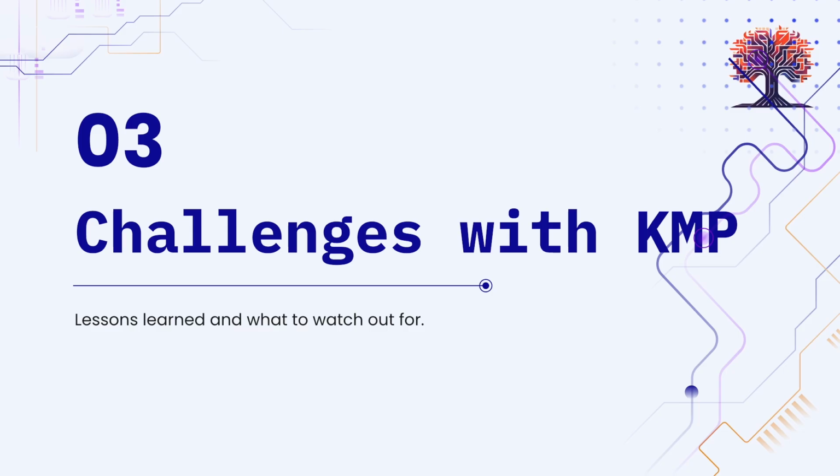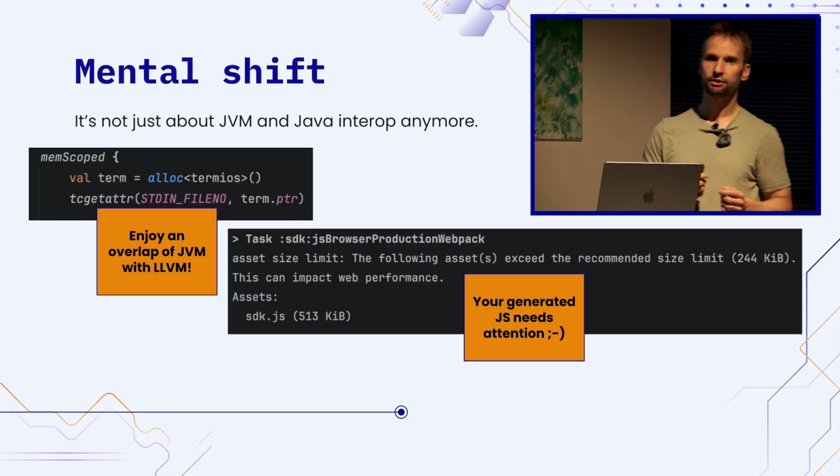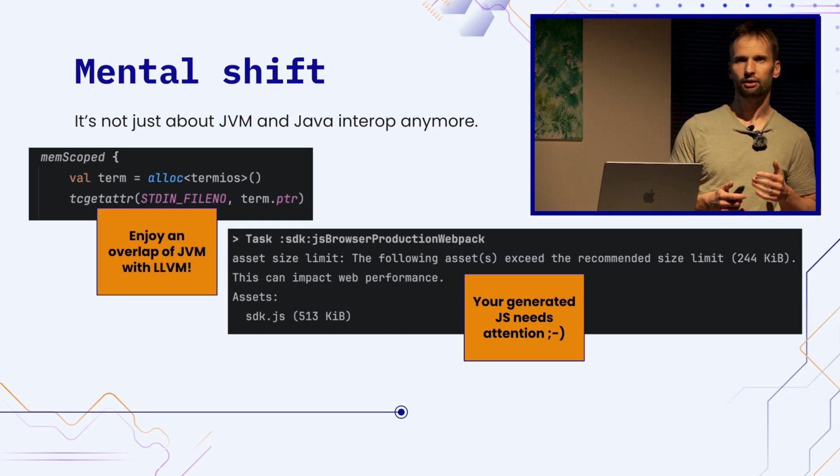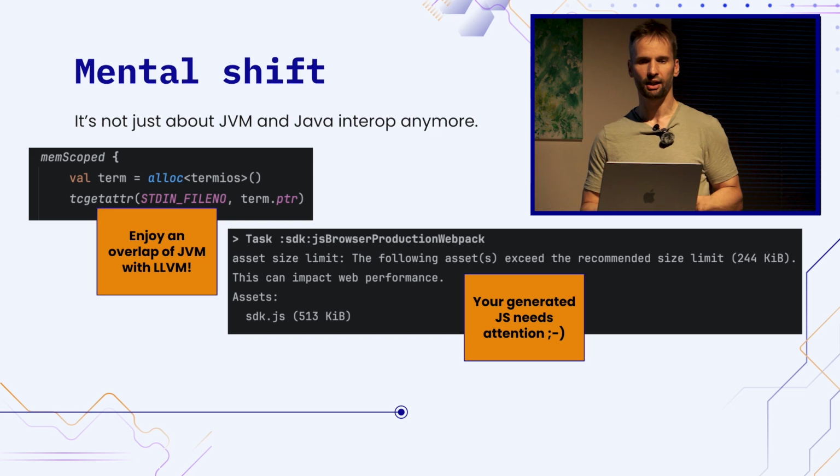All right, I talked quite a bit about benefits and how awesome it is, but obviously it can be a patchy road sometimes, and not everything goes well. So I picked 3 challenges I have had when learning Kotlin Multiplatform, and I would like to share them with you. So first challenge is what I would call mental shift, when it's no longer about just JVM and Java